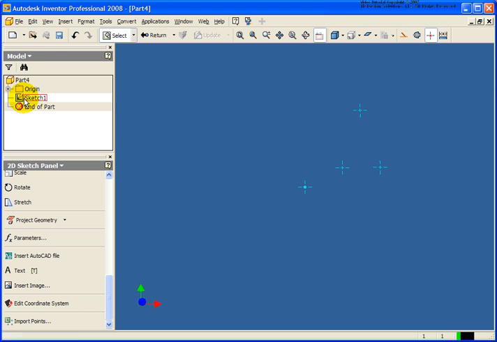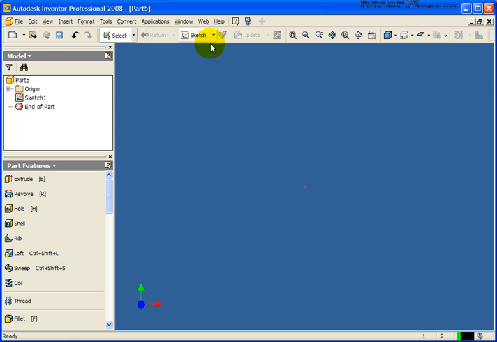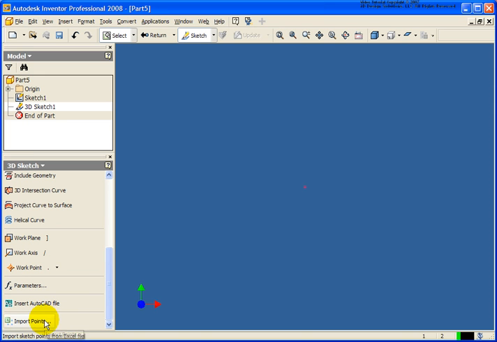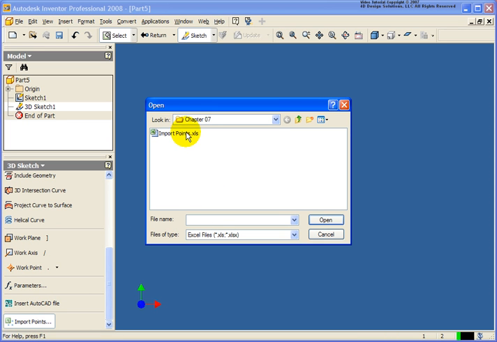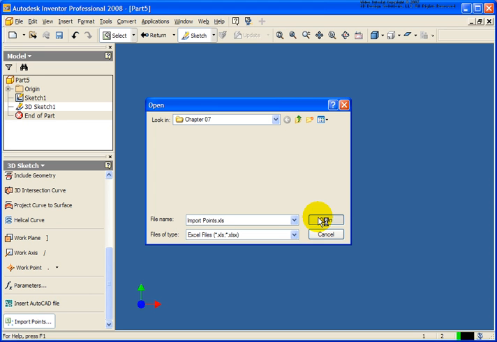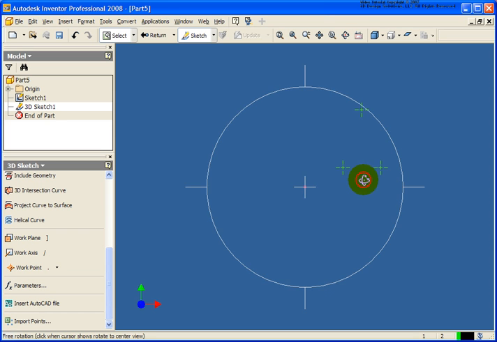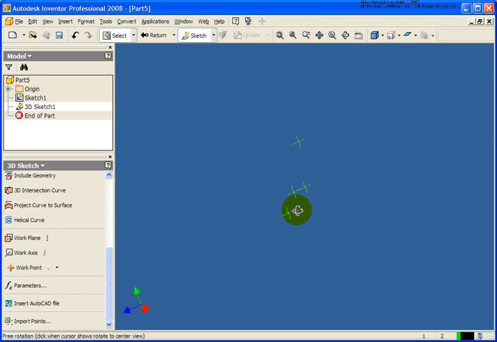So let's start up another part file. In this case, I'm going to return out of the 2D sketch, and then I'm going to create a 3D sketch. Again, we're going to issue the same tool, import points, import the exact same spreadsheet. Now in this case, we didn't get the error,